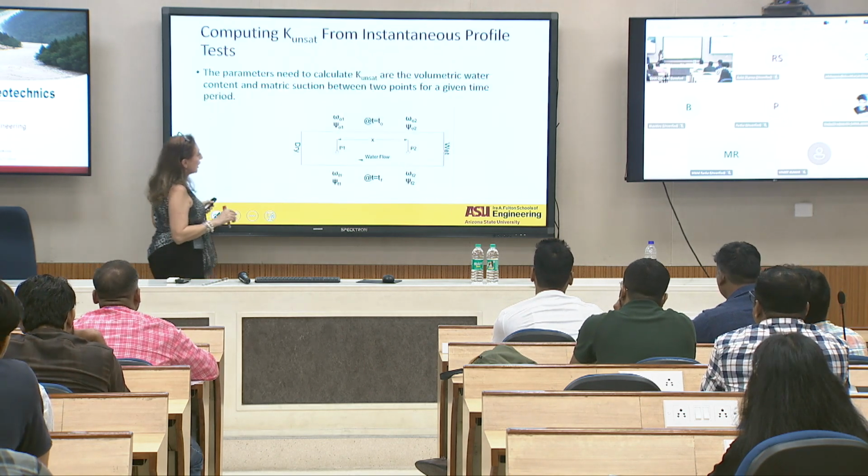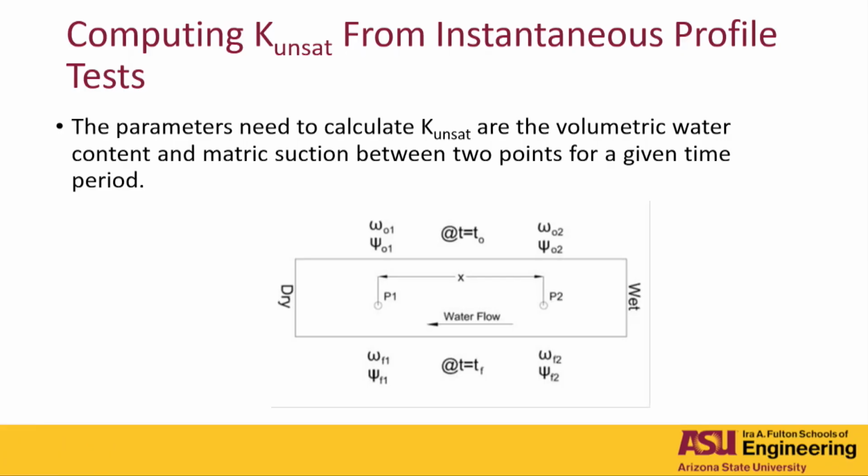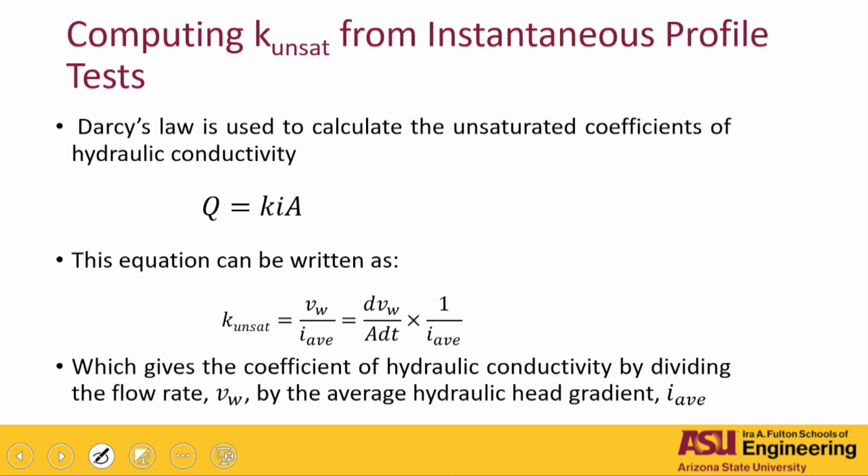And basically this is how we do it: you measure water contents in here at time equals 0, and the suction value, if you have sensors for that. And after a time, and you can do that as many times, actually we put something to record it, right? And basically you measure the water contents at another time, so you do have the time. You have the space between this one, where the water is flowing out,